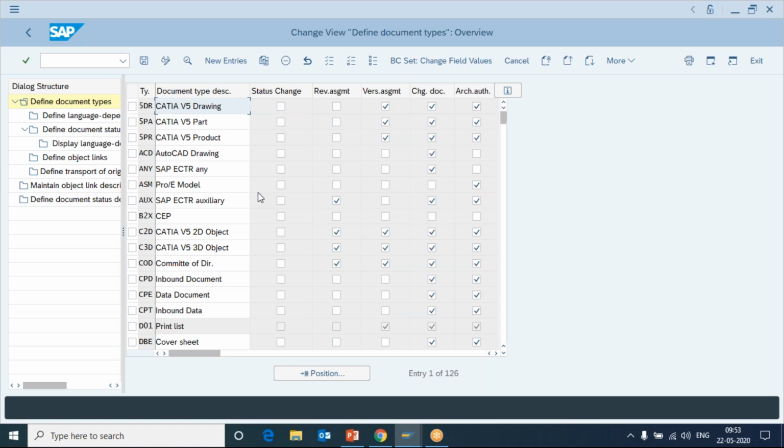The access to the system will be limited depending on what role you are performing in a company. As an end user you are very restricted, but as a consultant you can configure all these details. These are the different document types that you can create.